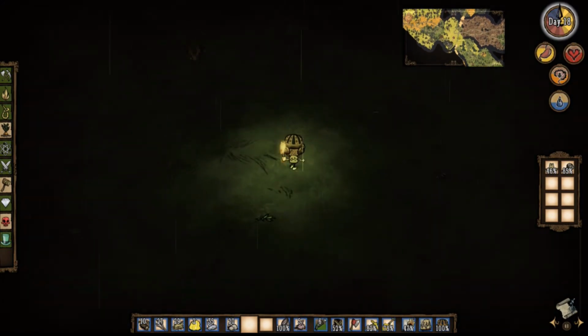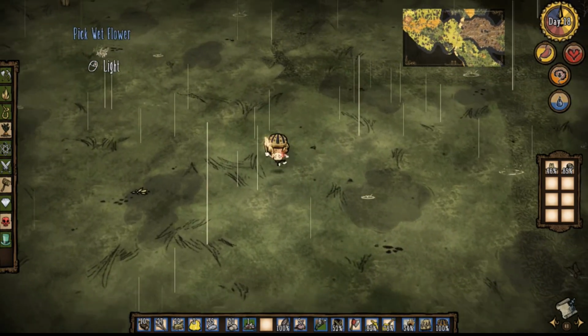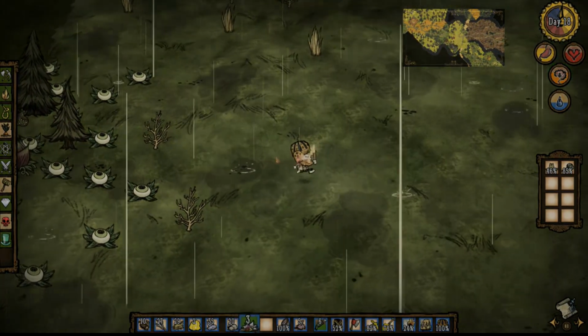So we made that helmet, and now we're heading out to explore a little bit. Not quite sure what for, I forget. We'll find out next episode, I guess, because we're running out of time right now, but picking a couple flowers, raise our sanity, and